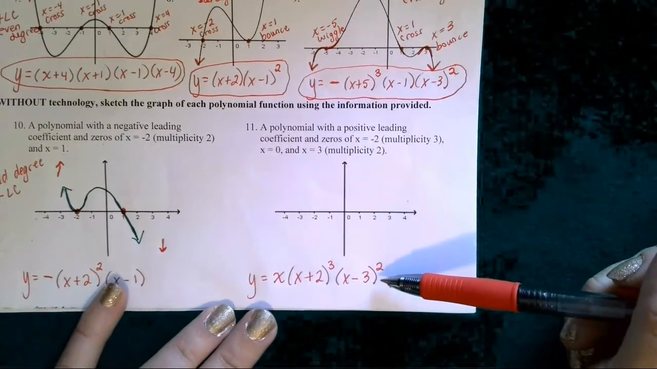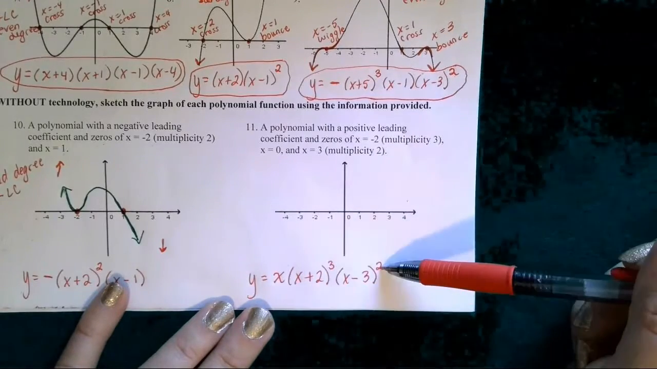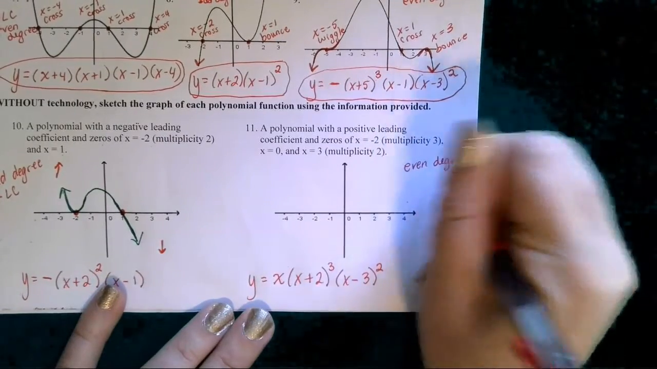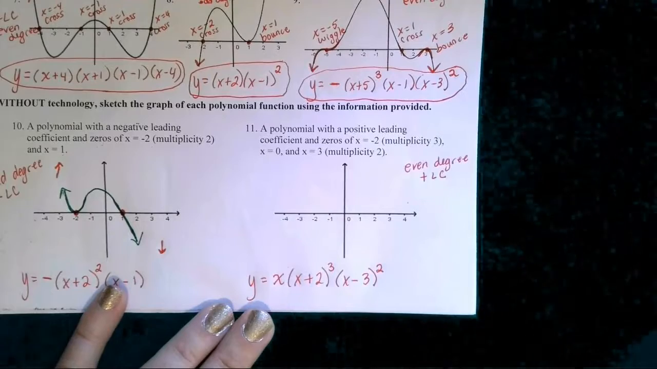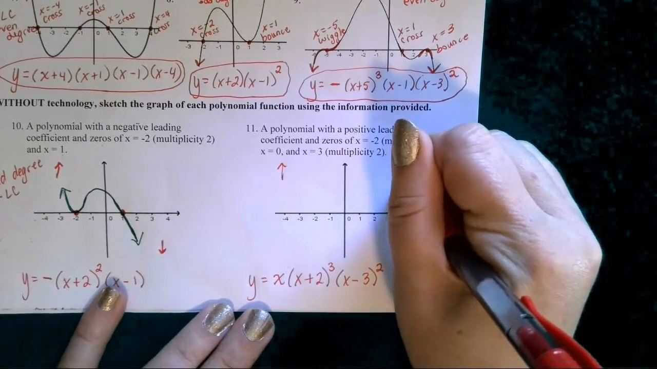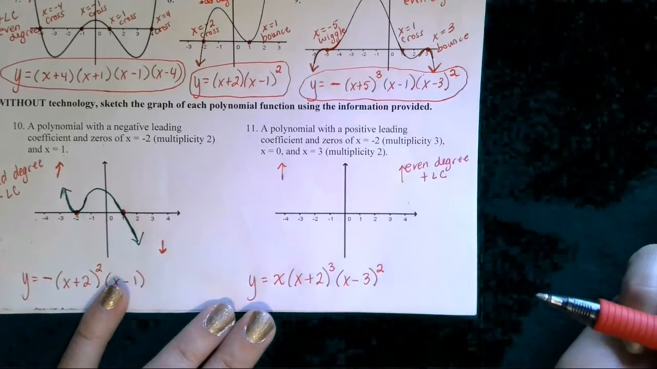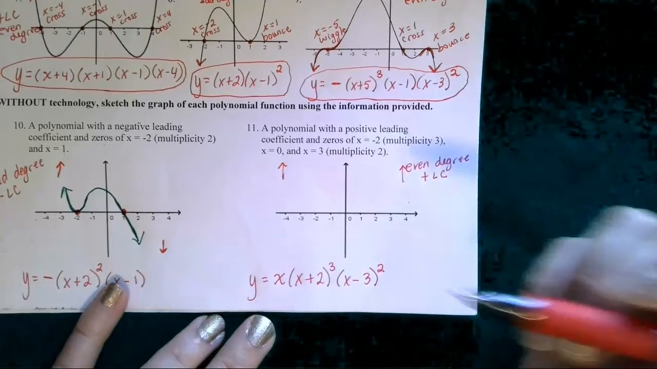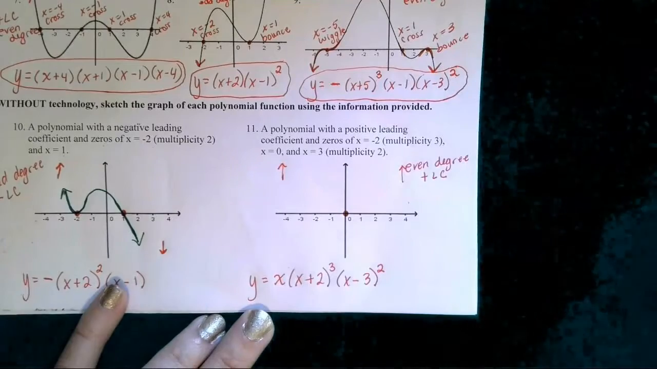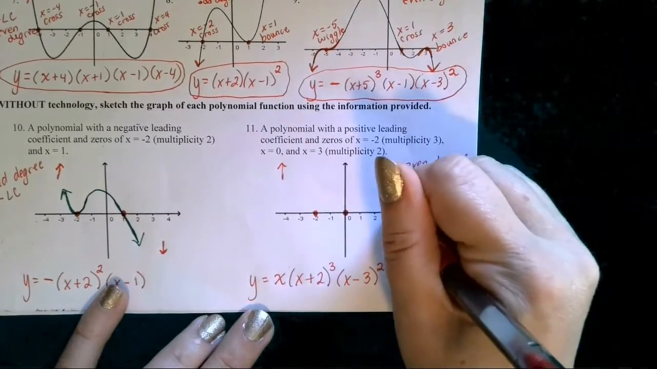Okay, when I look at my degree, I have 1 plus 3 is 4 plus 2 is 6, and so this is even degree with a positive leading coefficient, and that tells me that my end behavior will start up and end up, right? Both ends will face up for even degree polynomials with a positive leading coefficient. So now at x equals 0, I have a real zero. At x equals -2, there's another real zero. At x equals +3,